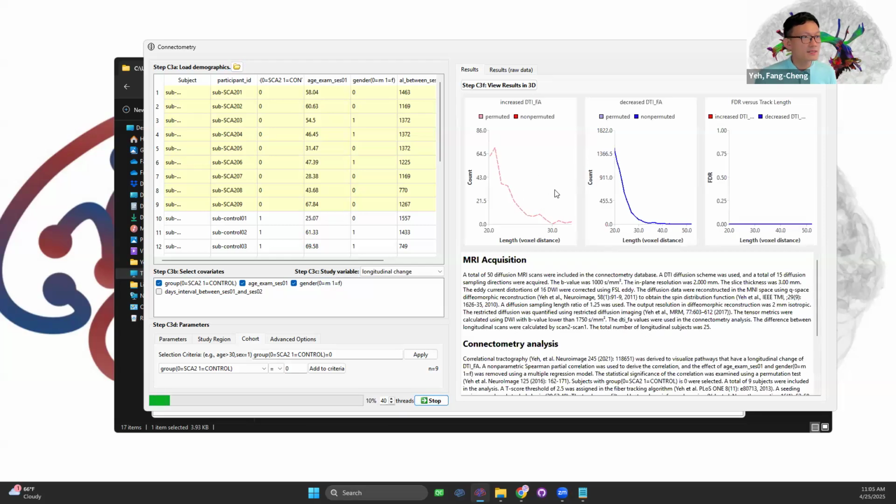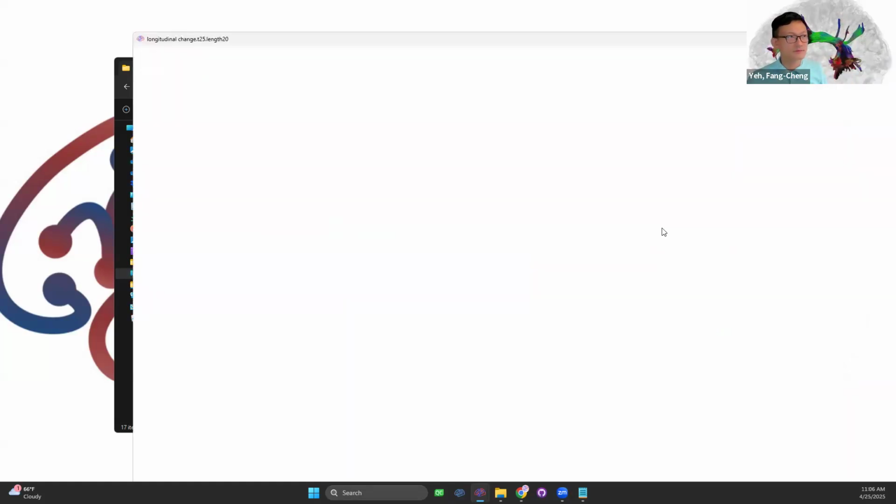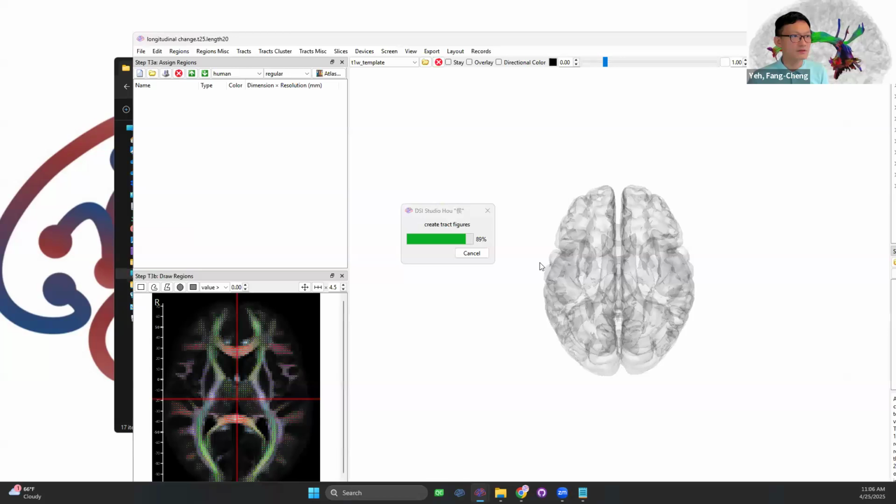So right now it's testing whether there is an increase of FA in the follow-up versus a decrease of FA. So that means the purpose of using the unfiltered result here is to allow us to use it as a null hypothesis to test it. So this allows us to get some comparison between whether it's decrease or increase. And quickly showing some results